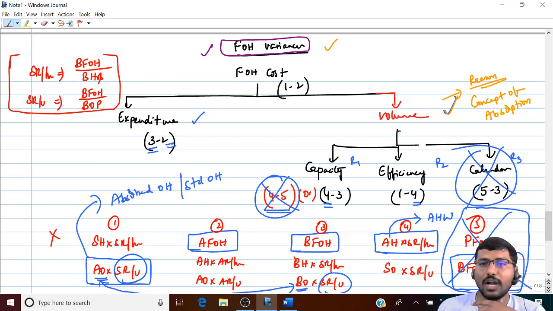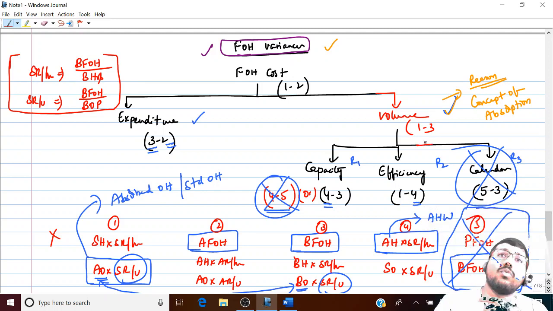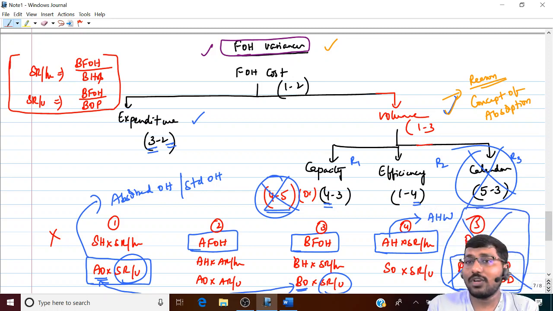Because of understanding this logic only, you were able to appreciate this. So when you are preparing a reconciliation statement and you are trying to calculate variances as per marginal costing system, you should clearly know that fixed overhead volume variance won't come because it can't be calculated, because there is no such thing as absorbed fixed overheads. There is no formula 1. When there is no 1, there is no question of 1 minus 3. You see how much change that small logic makes? Are you able to understand? That's the power of understanding logics.